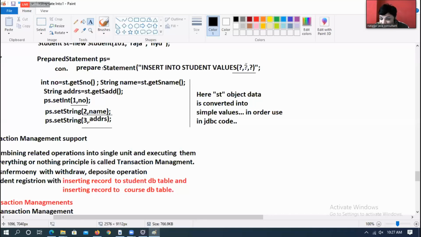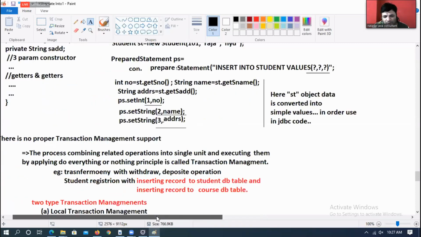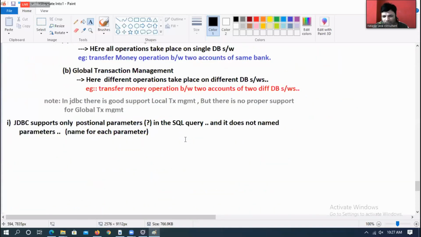You have to count and assign the correct index for setting each value. If the count is missed here and there, you'll have a problem. So it works, but it does not support named parameters.